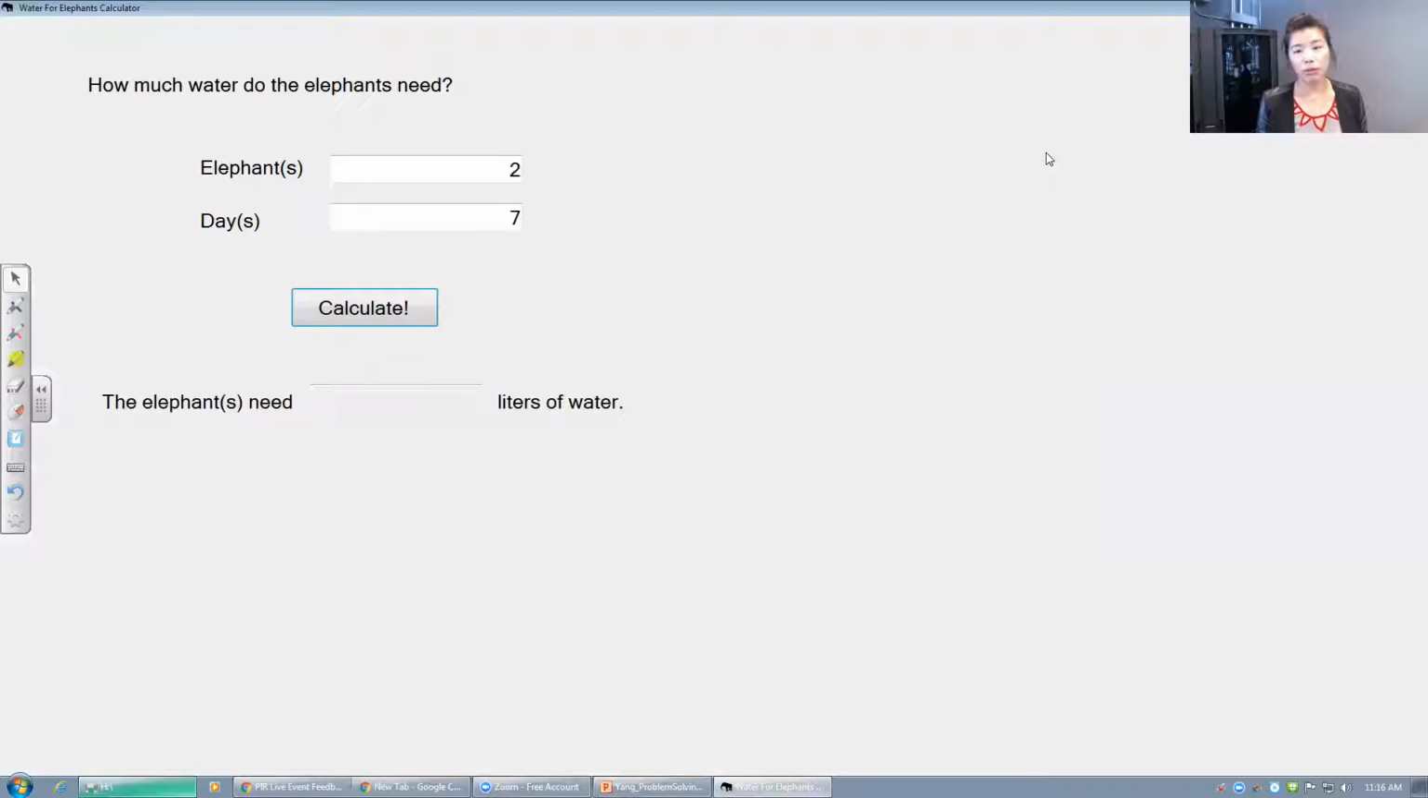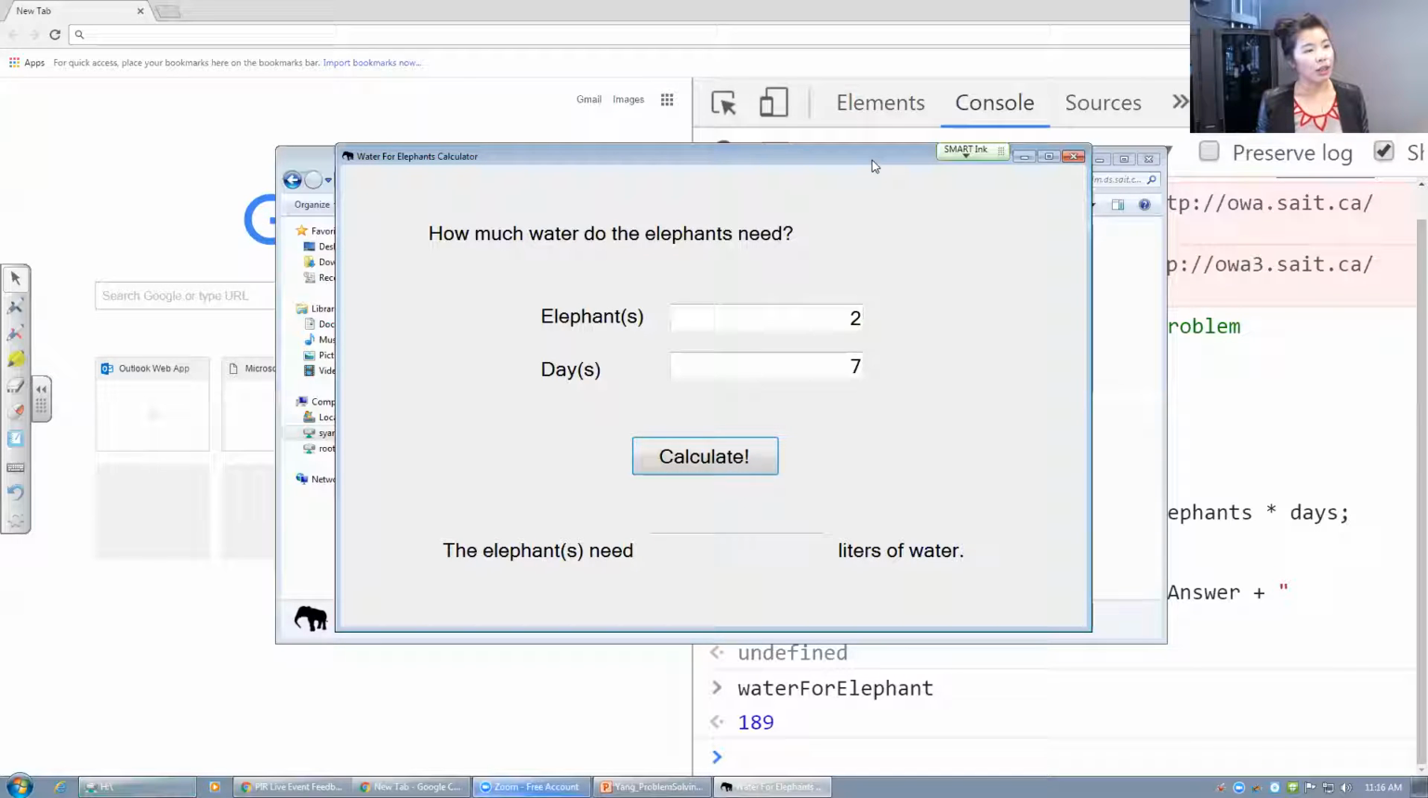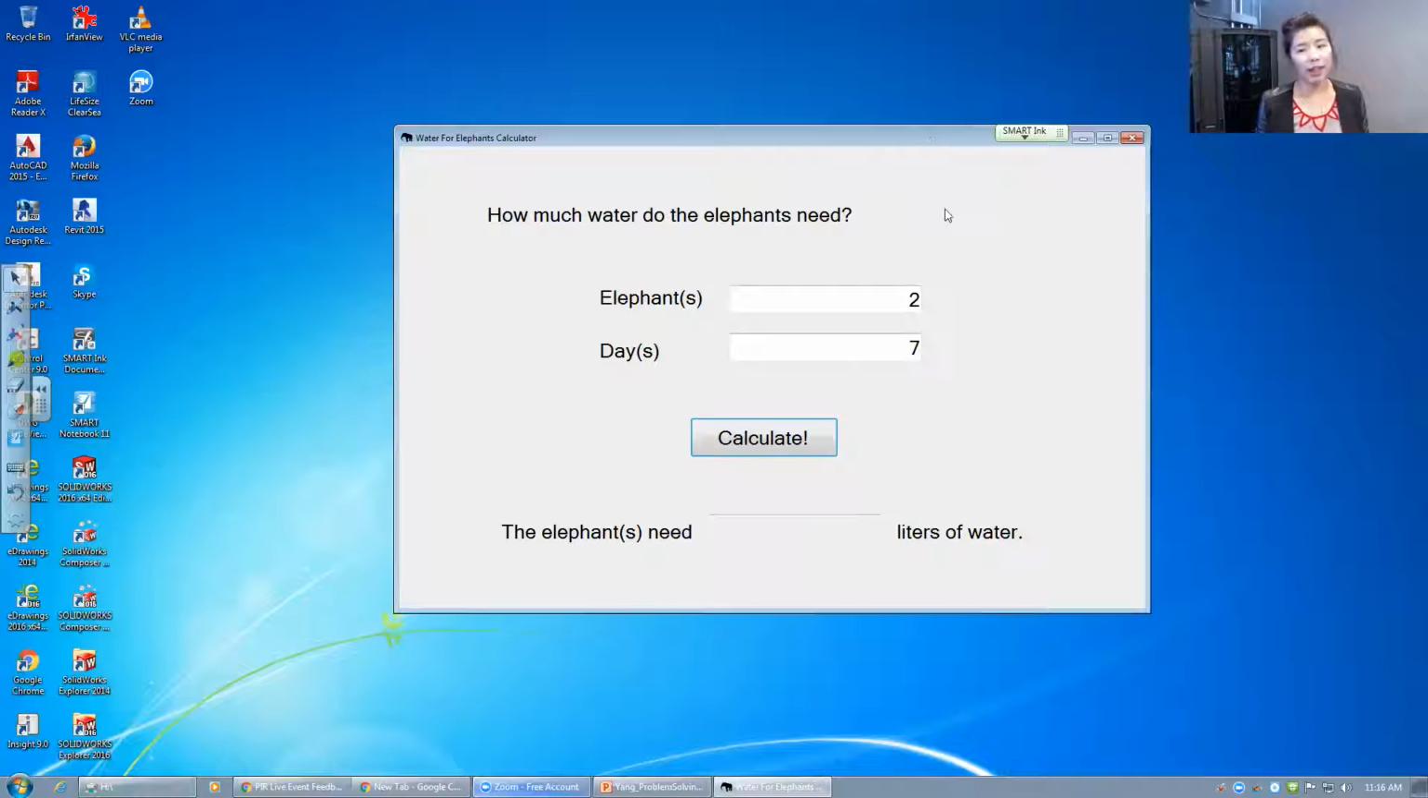And maybe, oh, it doesn't look so nice. I'm going to shake it up a bit. All right, you see my desktop, and this is my program. And I preloaded our problem of the day, which is 2 elephants, 7 days. And I want to know, as a zookeeper, how much water I need for these elephants for 7 days. So all I have to do is click calculate,